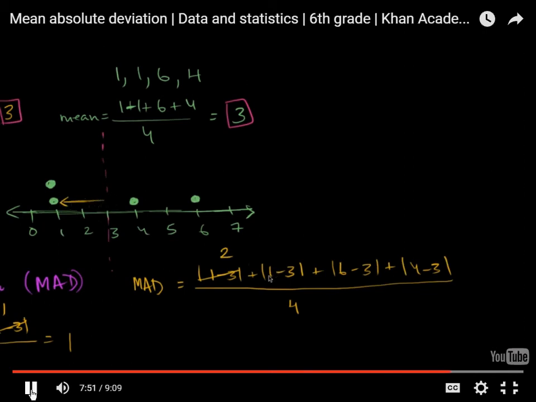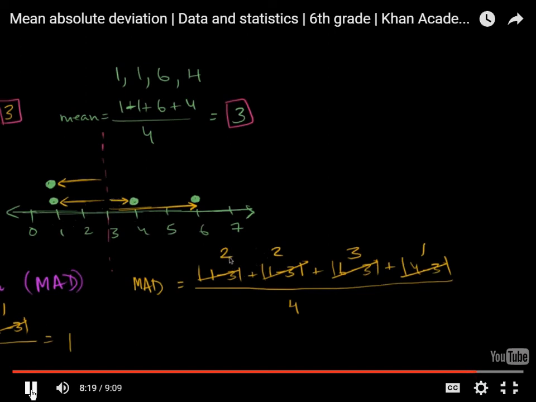And we have another 1 minus 3 is negative 2, its absolute value is 2. And that's this. This is 2 away from the mean. And we have 6 minus 3, the absolute value of that's just going to be 3. And that's this right over here. We see this 6 is 3 to the right of the mean. We don't care whether it's to the right or the left. And then 4 minus 3 is 1, absolute value is 1. We see that. It is 1 to the right of 3.